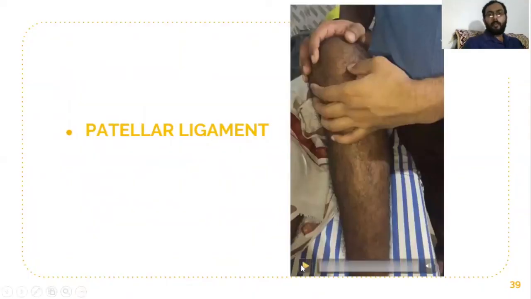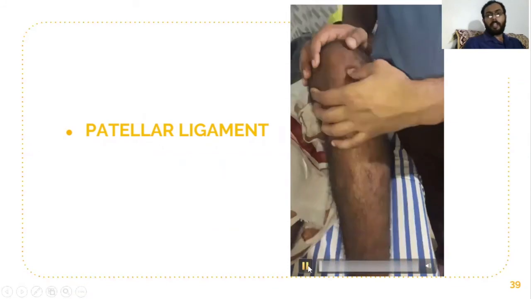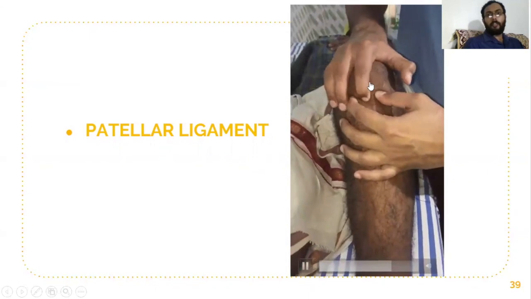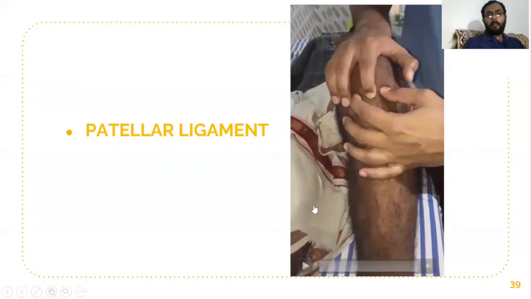Here we are able to see the patellar ligament, which we can palpate, connecting from the patella to the tibial tuberosity. The importance is that in Sinding-Larsen-Johansson syndrome, seen in the age group 12 to 14, the patellar ligament pulls down the patella, and the distal end of the patella is painful. Coming to Osgood-Schlatter syndrome, we see pain at the tibial tuberosity. The patellar ligament pulls up the tibial tuberosity, and the age group is 14 to 16.